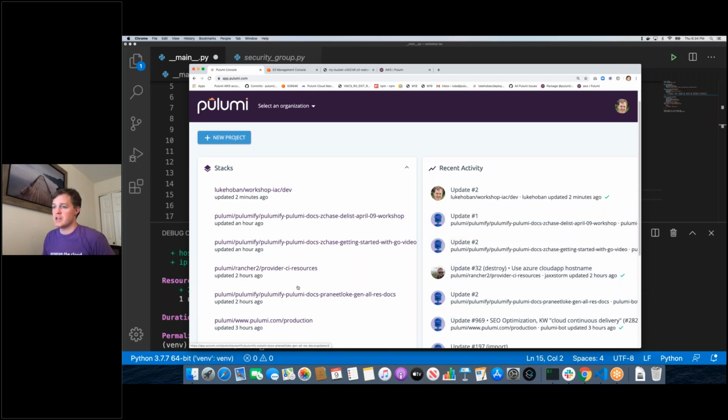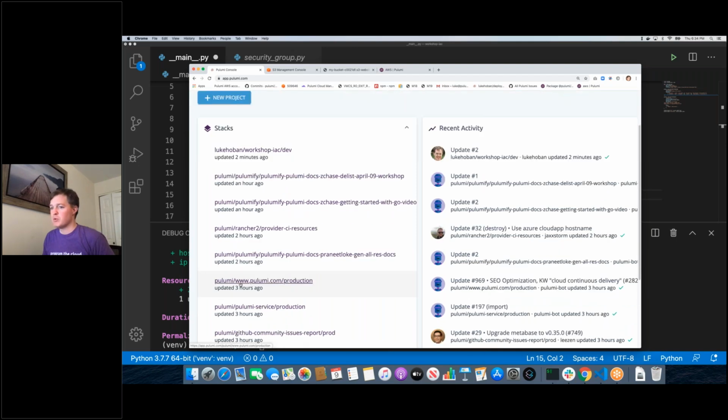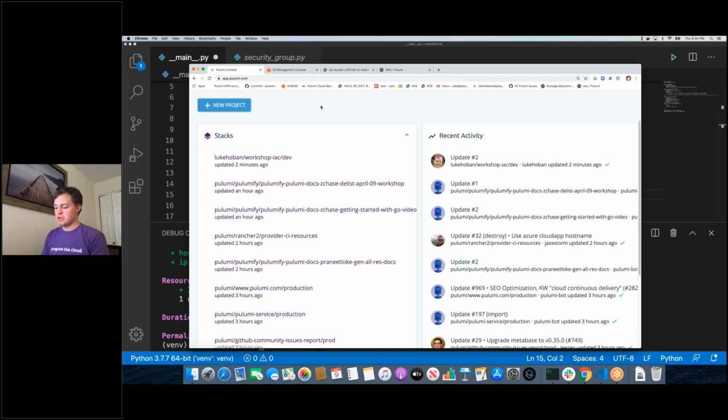And so I can see things that have been deployed into, this is www.pulumi.com's production deployment, right? So the website that you go to, this is a stack that manages that. See the Pulumi service itself, the production deployment of that happened 3 hours ago. So I can see all those stacks being managed. But one thing I'll also show is,